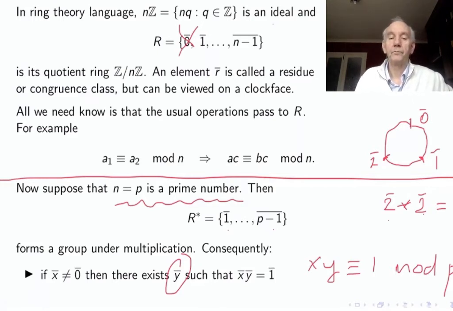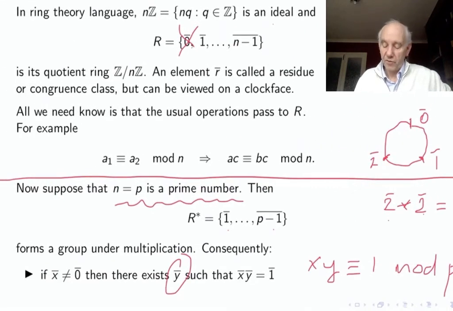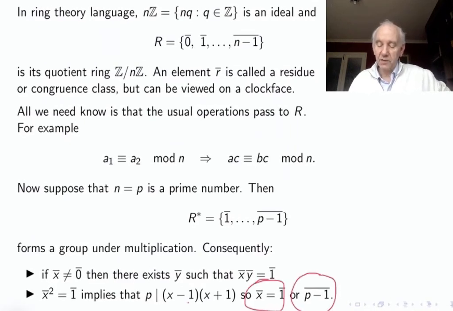So one other consequence of the fact that n is a prime number is that if x bar squared is equal to 1, then it turns out that x bar is either 1 or minus 1, which is the same thing as p minus 1 modulo p. And the proof is straightforward, because if x bar squared is 1 bar, that's the same thing as